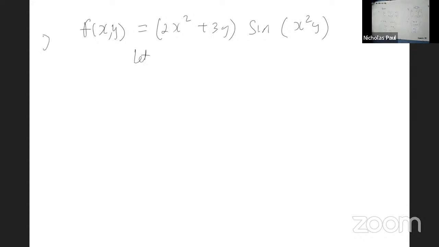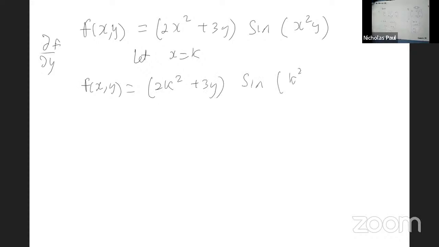So I want to get the partial derivative with respect to y. So I'm going to let x equal to k. So I'll get f of x, y is equal to 2k squared plus 3y times sine k squared y. Again, I should identify this as a product because I have y in both functions there. So u is equal to 2k squared plus 3y, and v is equal to